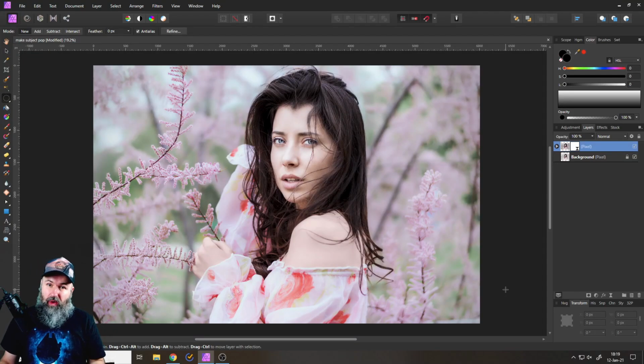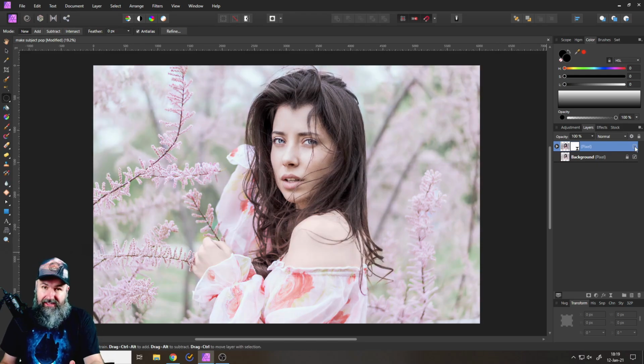Today I will show you how to make any subject in a photo pop so it goes from this to